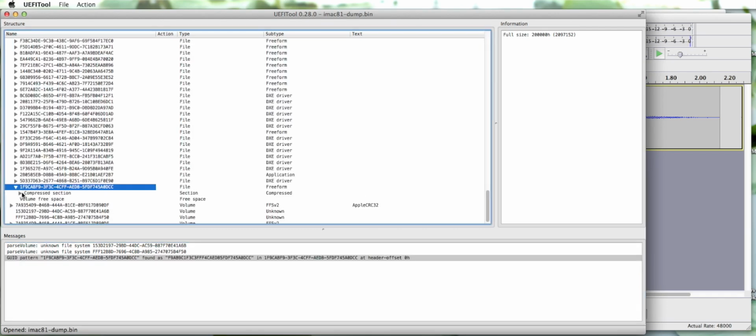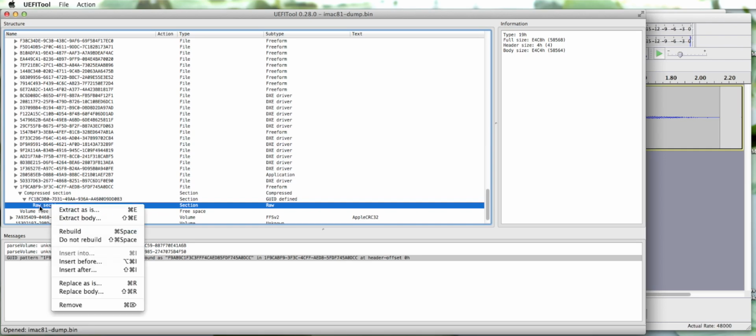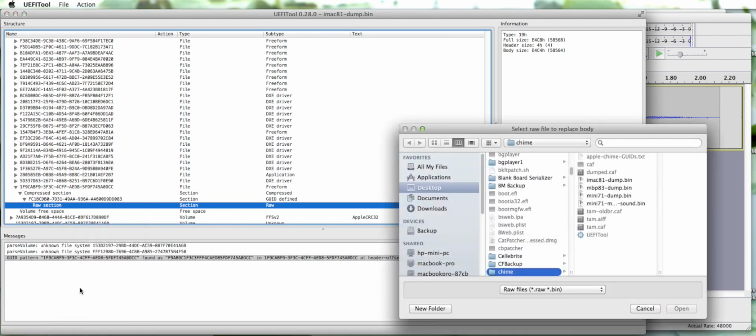So we can expand this, expand this, expand this, and we've got our raw section once again here. Now, like I said, this is in a weird format. If you extract it, you will not be able to play it, so I won't be doing that in this. You could look at it in a hex editor and verify it's correct, but I've done this enough to know it is. We'll go ahead and just do the same thing we did before, replace body, select,